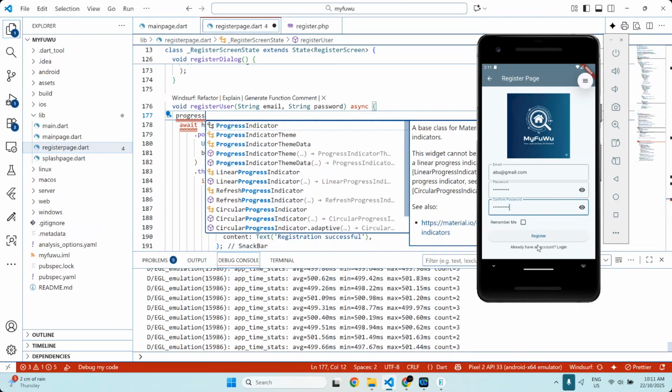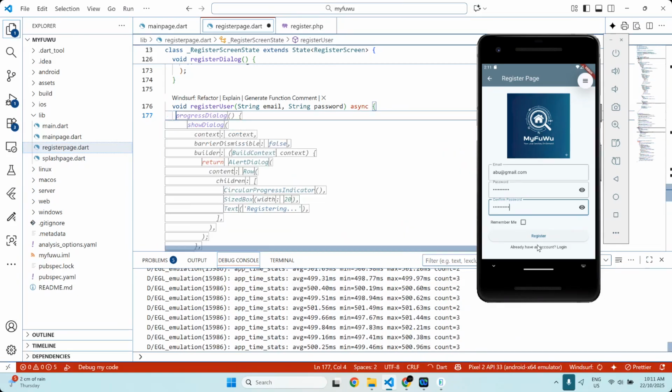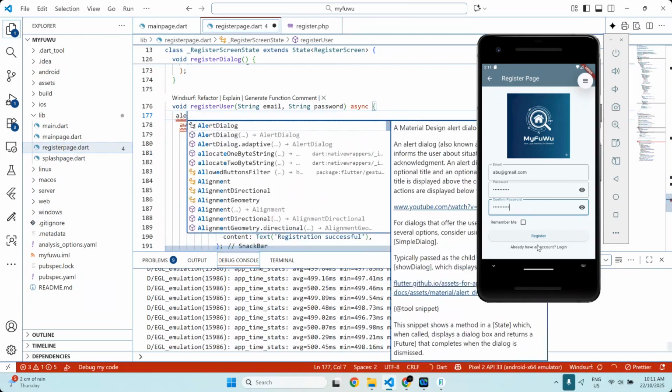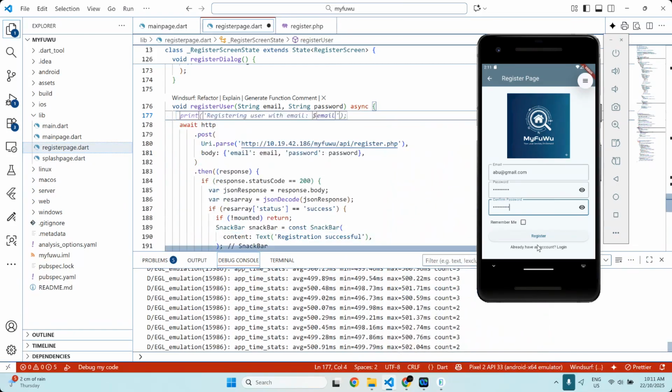I'm going to pop up a progress dialog. You can pop up a progress dialog, the dialog. Or do I need to add an external progress dialog? Progress dialog